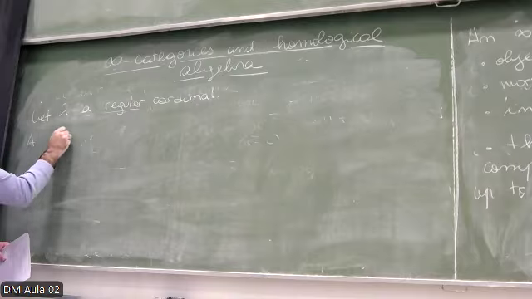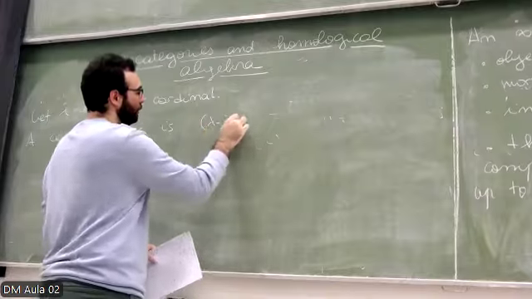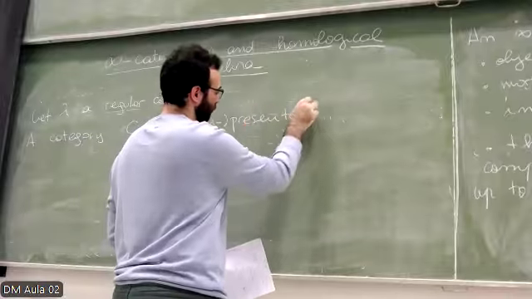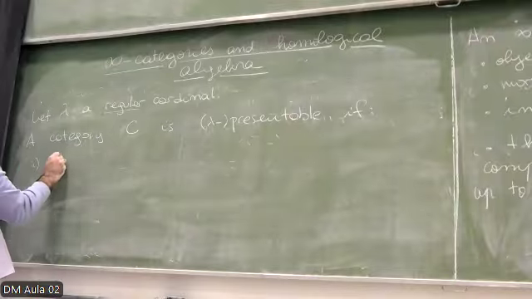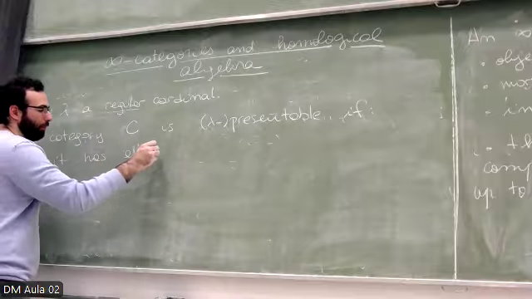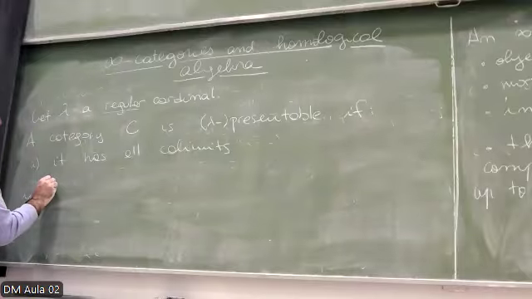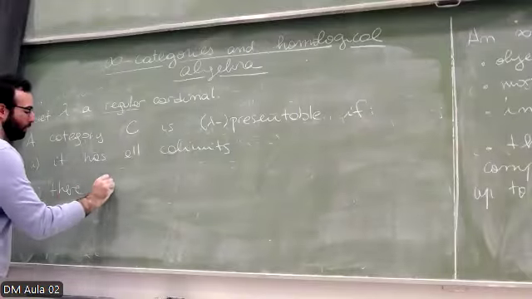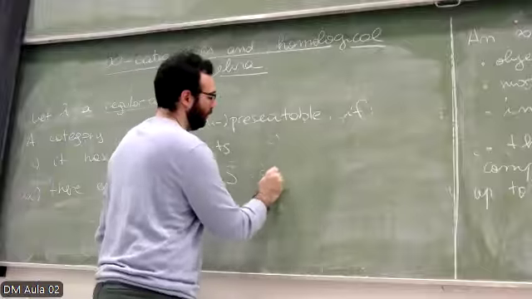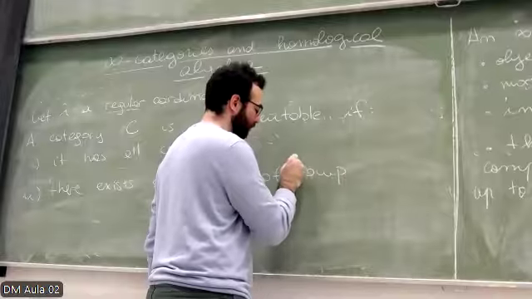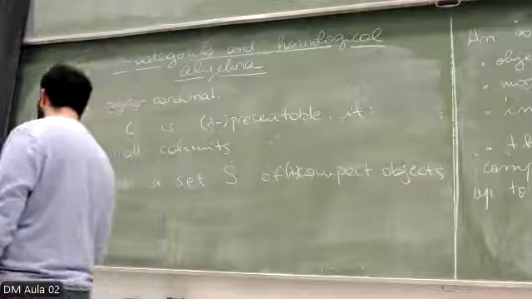Then a category C is presentable if 1, it has all co-limits, and 2, there exists a set S of compact objects such that